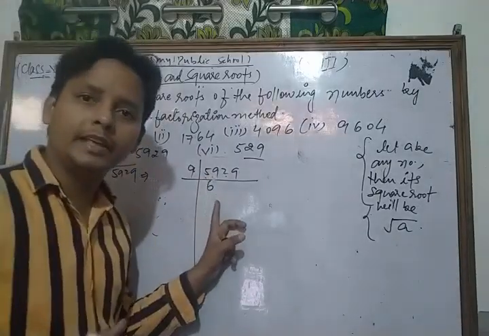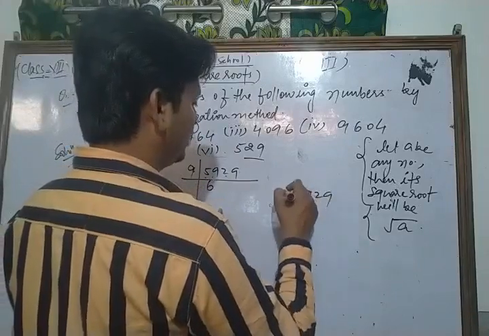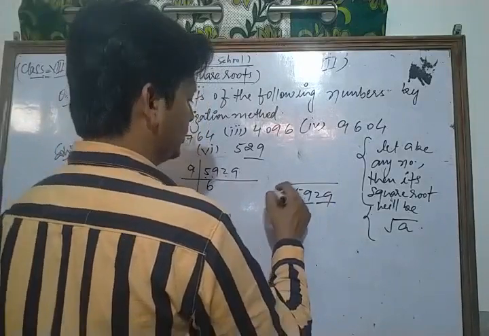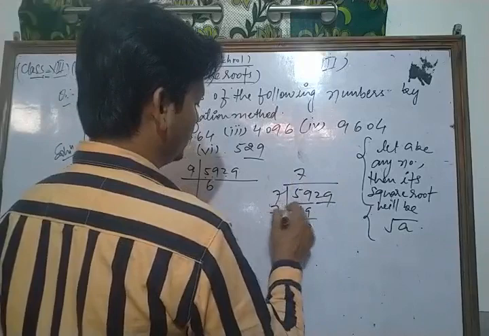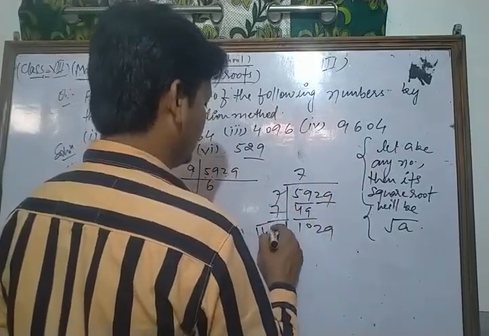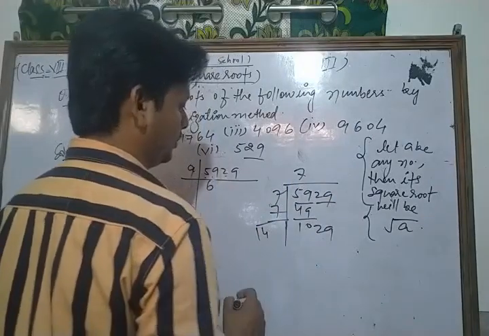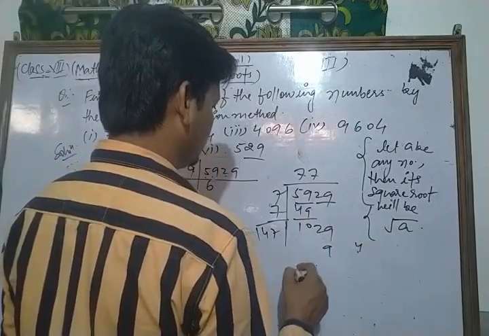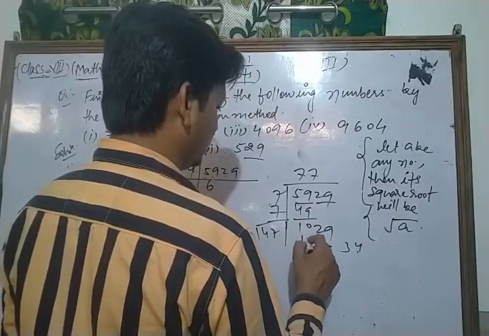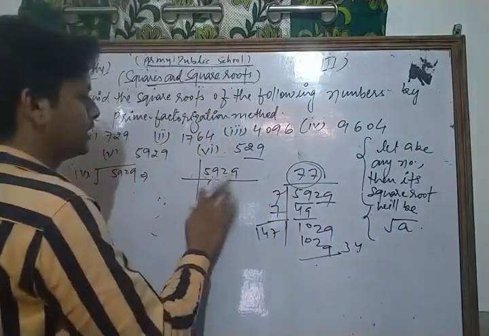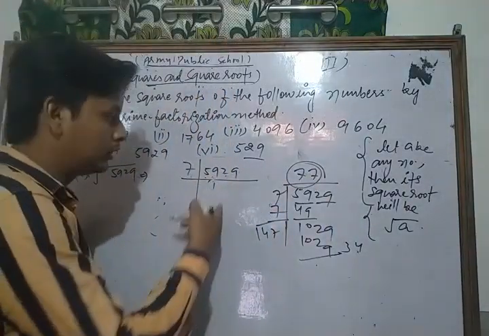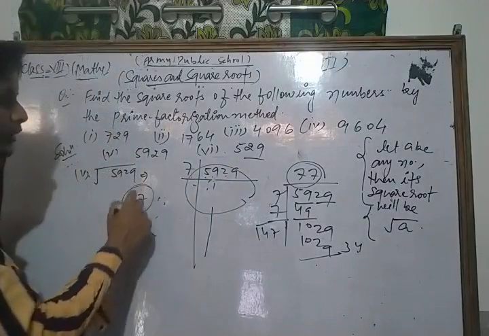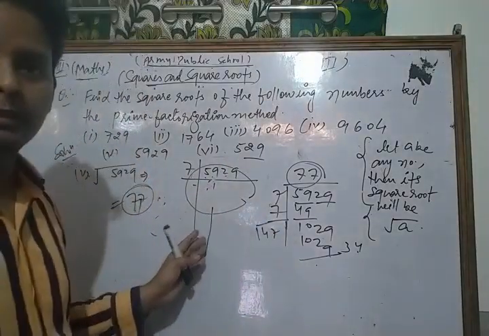Okay, now first of all, it is divisible by 9. Now from 9, the square root of, let's see, this is 49, 0 1 14, this is 29, 7. Okay. This number is divisible by 7. So first of all we do the prime factorization. We split by 7. After that you can find the square root. Okay, so in this way you can solve some other important questions of that exercise.